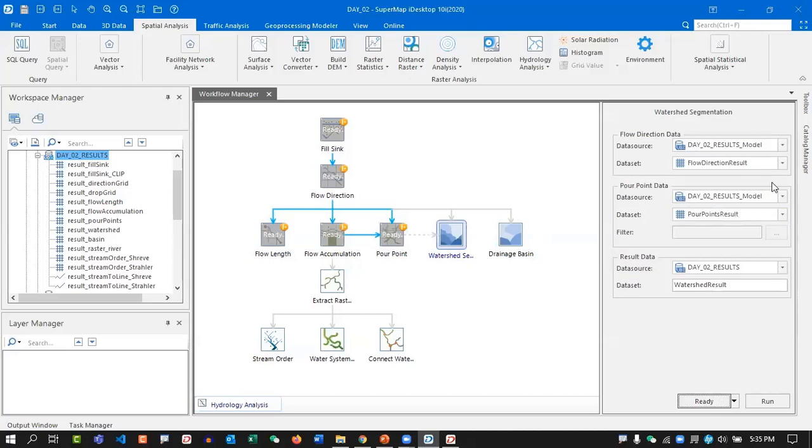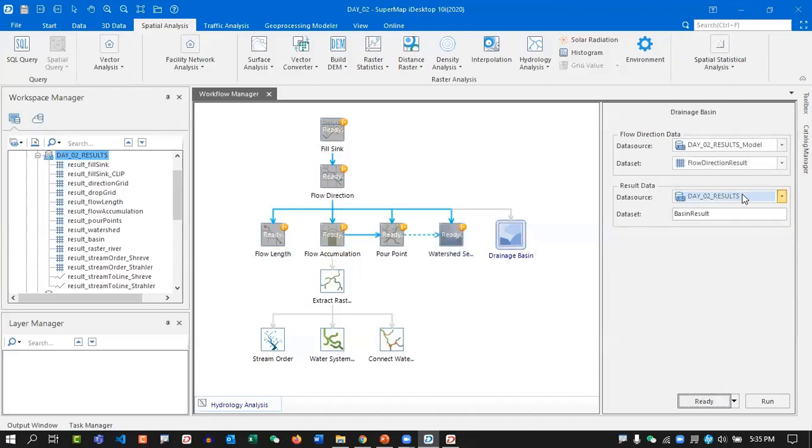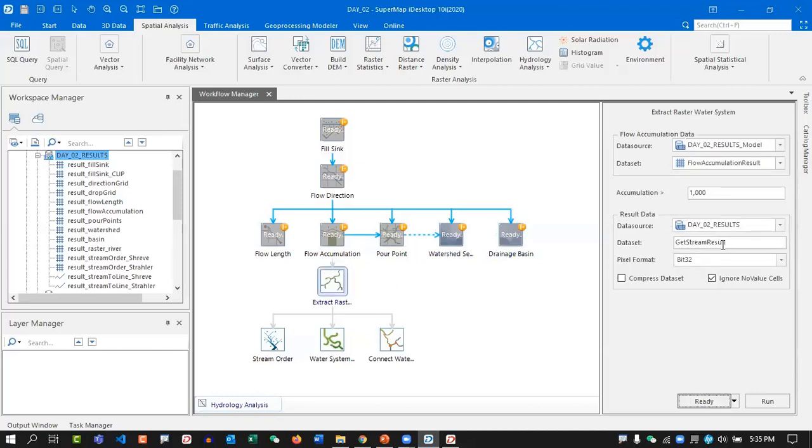Okay, the watershed, again the result model ready, drainage basin result model. Okay, extraction of river system, and there will be the output data sources. And if I want to ignore the no value cells, I can select this and click on ready, and stream